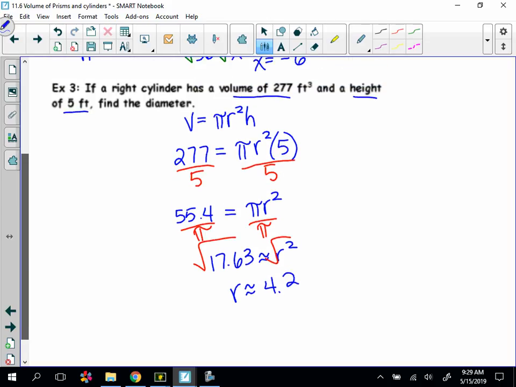Now, go back to the directions though. We actually need the diameter. So if I know that the radius is 4.2, my diameter is going to be twice the radius. So I'll have to take my 4.2 and double it. So diameter is about 8.4 and my label is